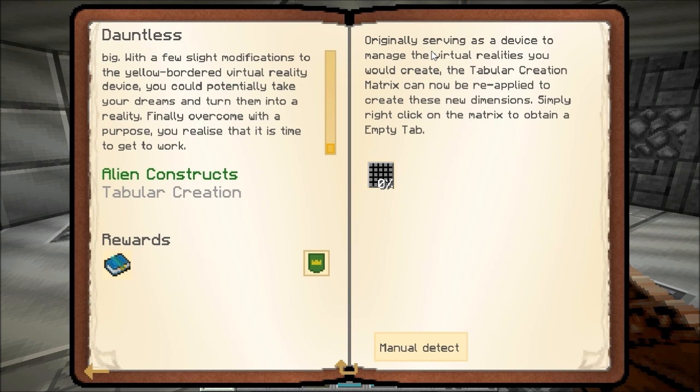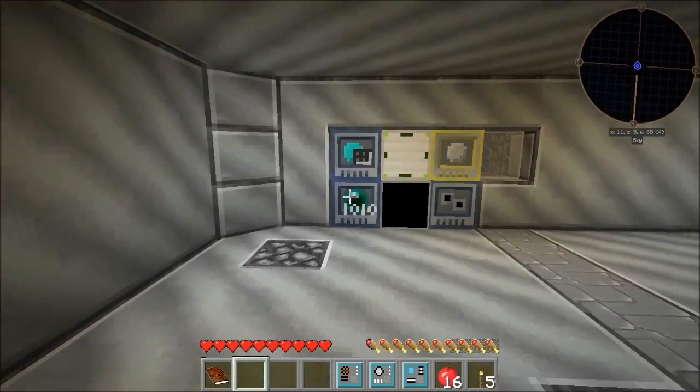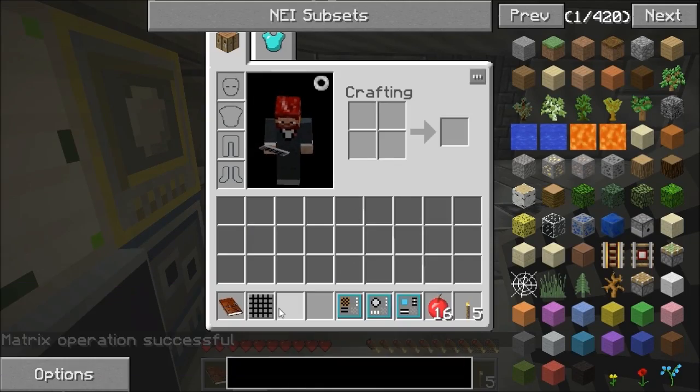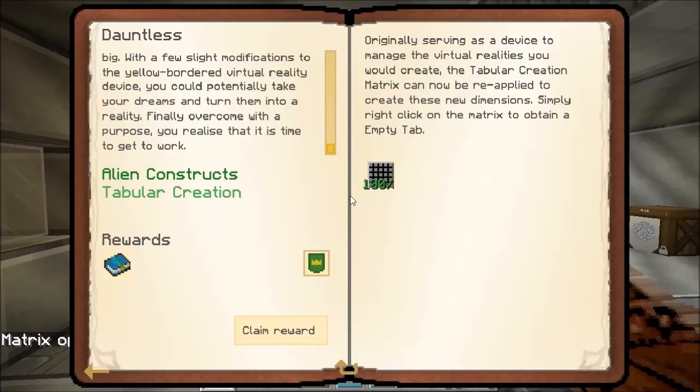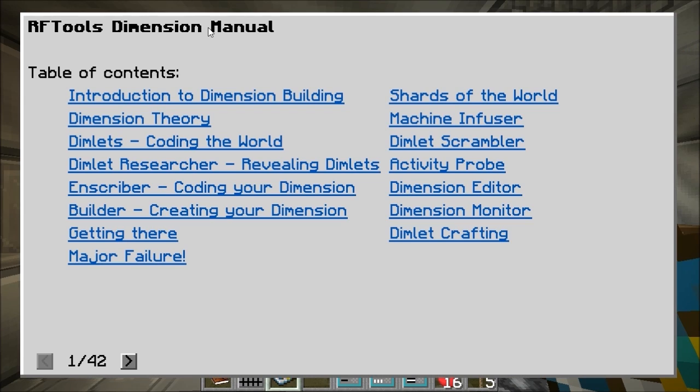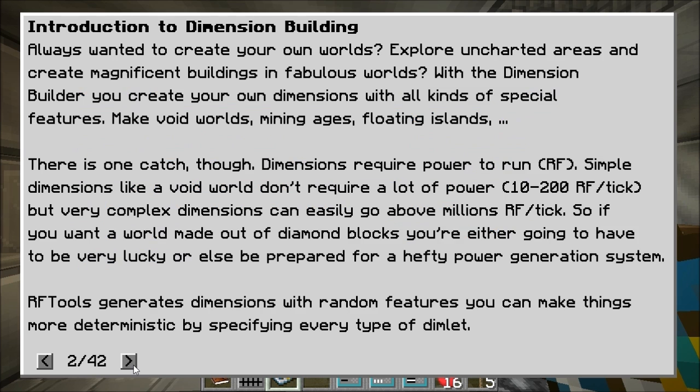Originally serving as a device to manage the virtual realities you would create, the tabular creation matrix can now be reapplied to create these new dimensions. Simply right click on the matrix to obtain an empty tab. That's this guy over here. Bam. There we go. We've got an empty dimension tab. Now it's going to tell us we can claim the reward. Excellent. And now I've got a book that details all kind of stuff about dimension building, which I should at some point read. I'm not going to read it just now, but